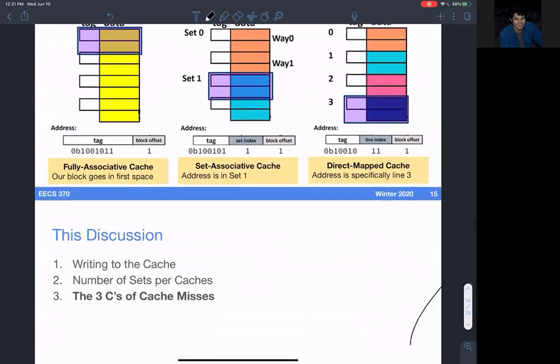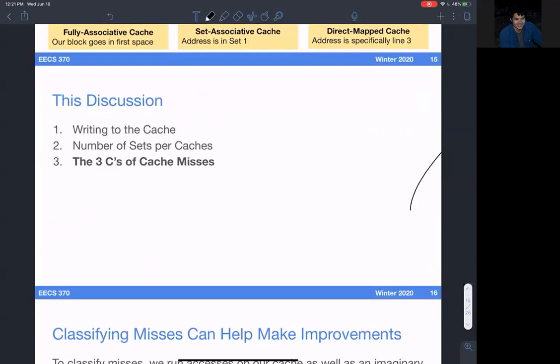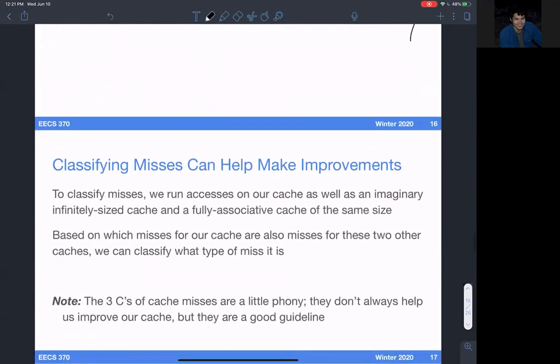So now for the last question, we're gonna go over the 3 C's of cache misses. So what are the 3 C's? The 3 C's is a way of organizing cache misses to kind of see where we can make improvements to our cache. And it's a way of classifying the misses we run into on accesses on our cache. And based on these classifications, we can draw some conclusions about what our cache is good at and what our cache isn't good at. So we use the 3 C's to classify misses, and we run accesses on our cache as